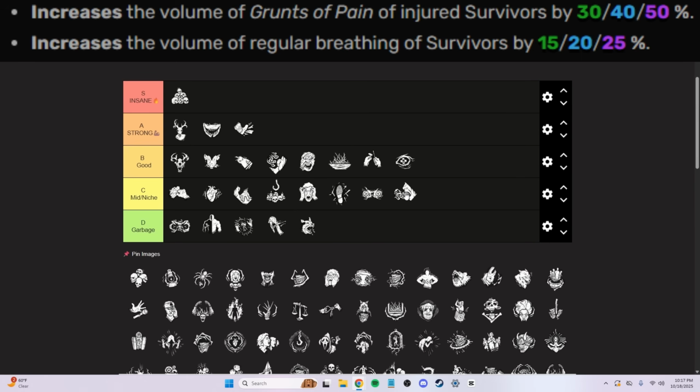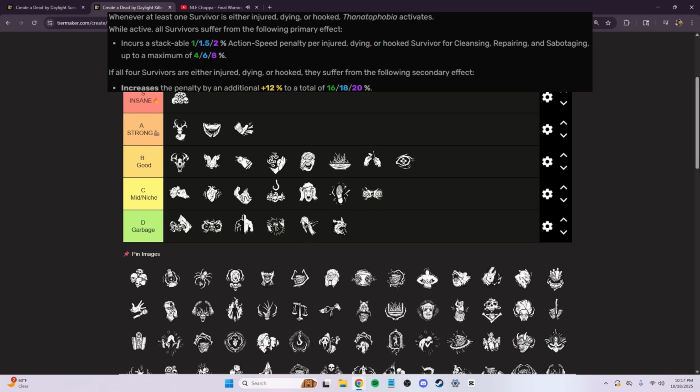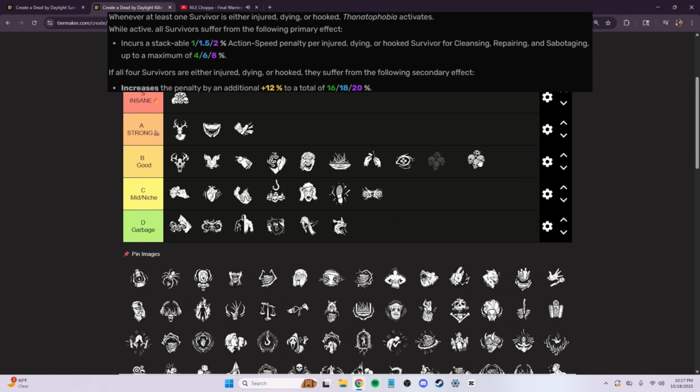Strider, C tier. Really good for Spirit. Honestly, yeah, this perk is D tier. I don't know what I'm thinking. Thanatophobia. This perk is good. This perk can be really disgusting on some killers that just leave you injured the whole match or get free